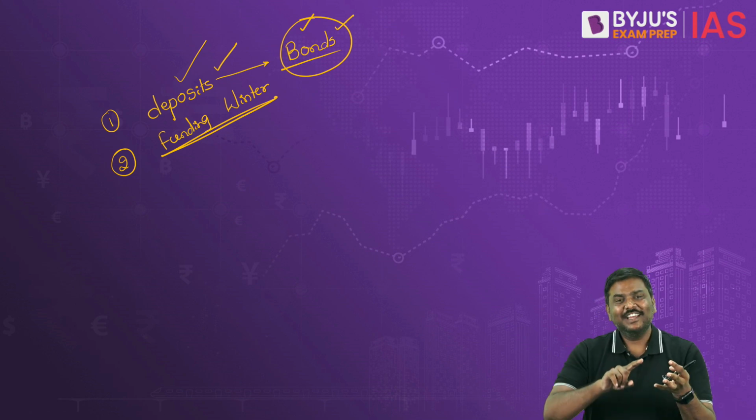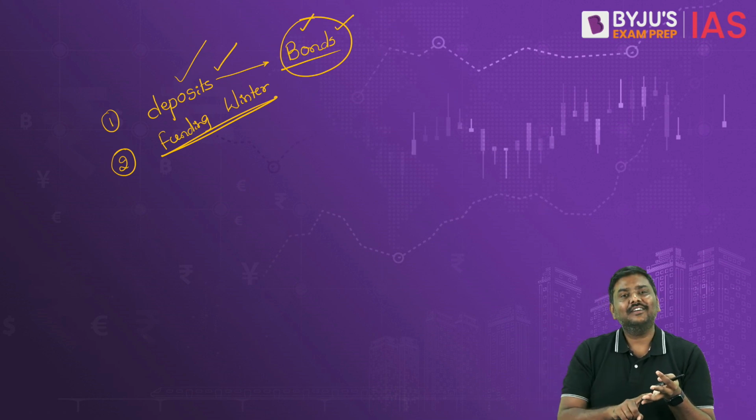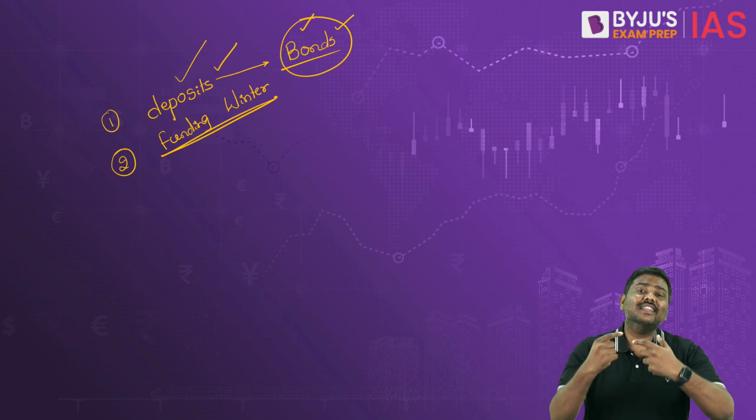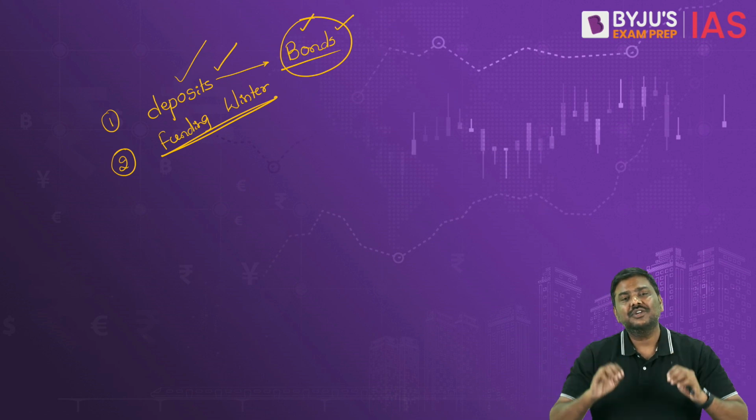So have a look at this. Interest rates have gone up. Yield rate in the market is higher. They have incurred a loss by selling the government bonds. And why are they selling the government bonds? Because they are facing the issue of asset liability mismatch.